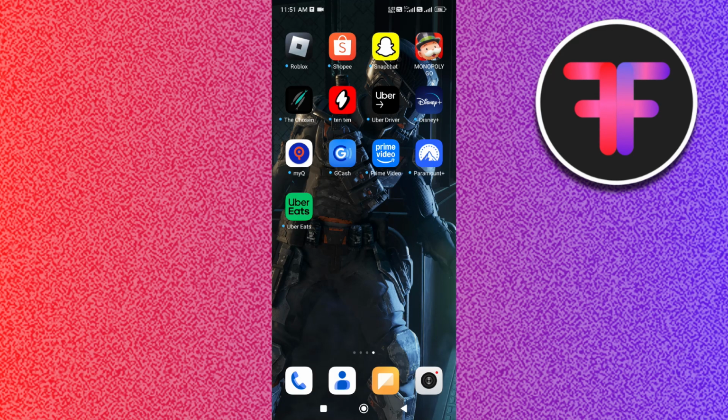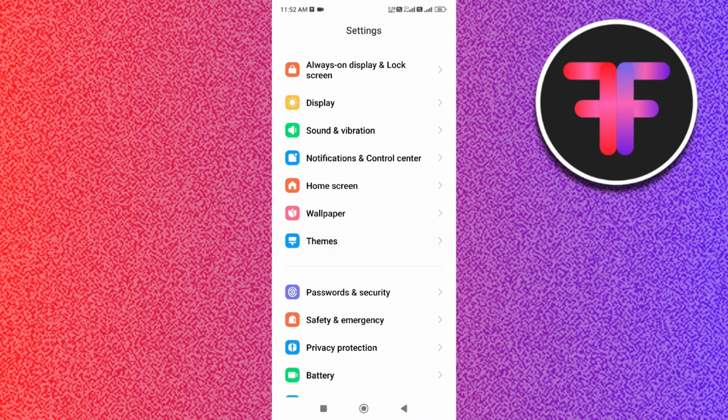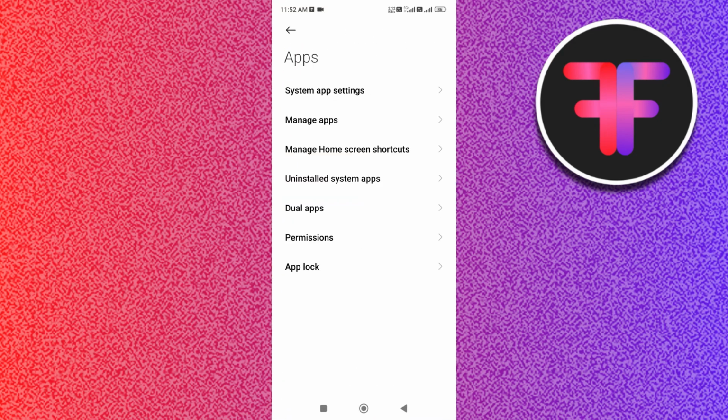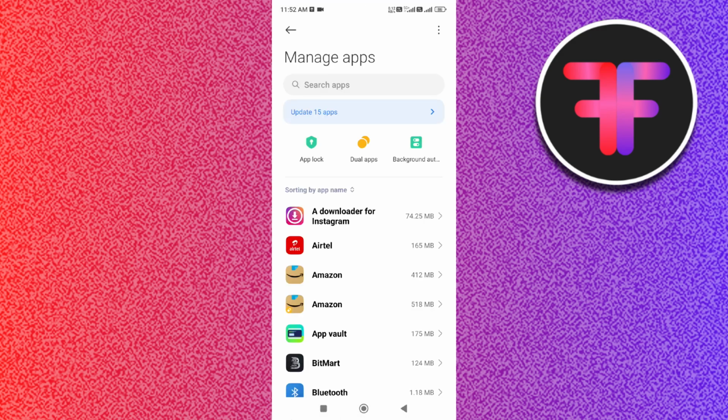In this video I'll be showing you how to fix Monopoly Go airplane mode not working. To fix this issue, first you have to go to your home screen and click on Settings. Then scroll down and find the Apps section and click on Manage apps, and in the search bar type